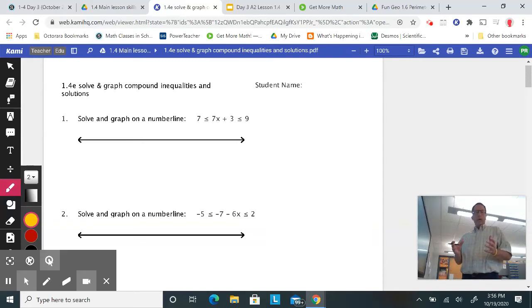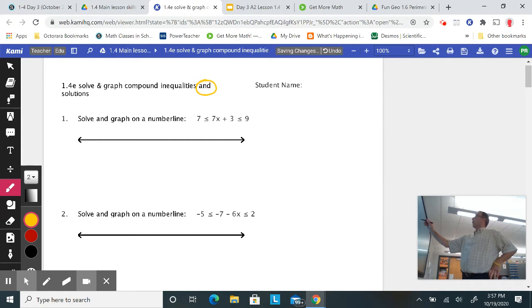Right, so in this video, we're looking at problems where we need to solve and graph compound inequalities. And they're with the "and" solutions. So something is greater than this, and it has to be less than something else. So the "and" is the key. So let me highlight that right up here. Key is the "and." So number one, solve and graph it on a number line,